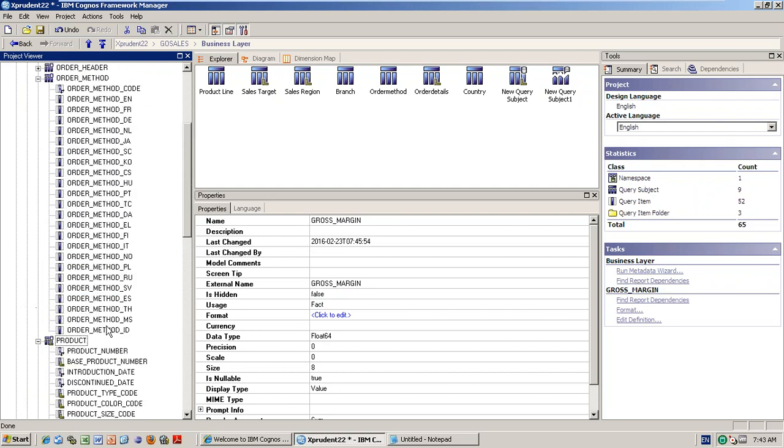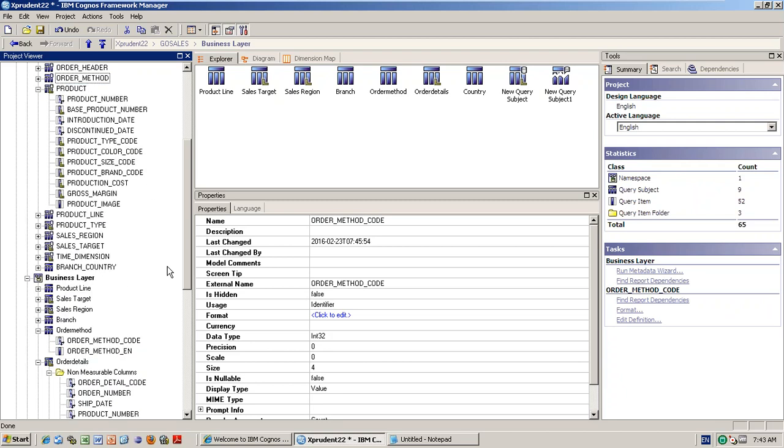So in order method, you see that there is no fact value present. That is the reason why. The L means, I told you, right, it's a fact table. Otherwise it's a dimension table. Framework Manager usage property: I have explained each and everything today, right? Because of that only it is showing.